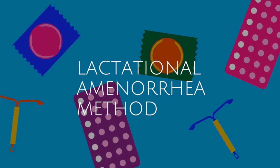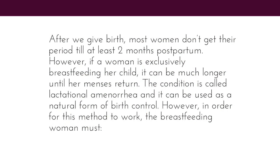Lactational amenorrhea method. After we give birth, most women don't get their period till at least 2 months postpartum. However, if a woman is exclusively breastfeeding her child, it can be much longer until her menses returns. The condition is called lactational amenorrhea, and it can be used as a natural form of birth control. However, in order for this method to work, the breastfeeding woman must